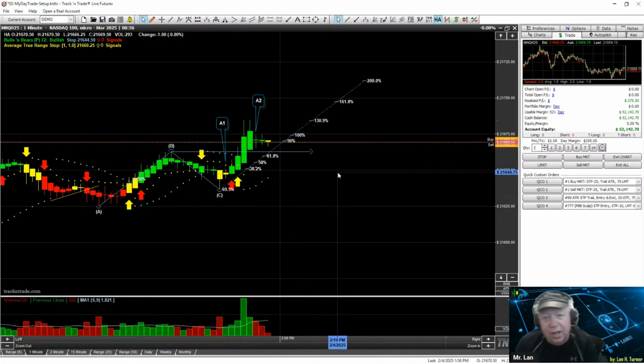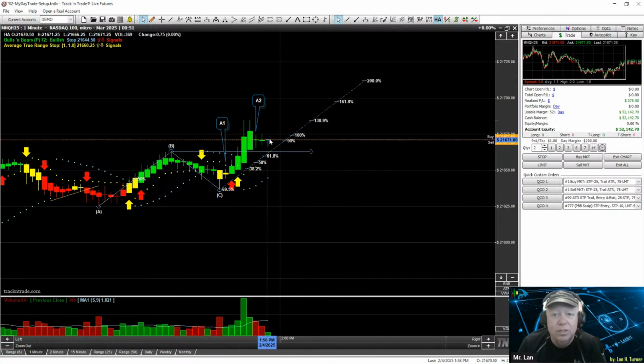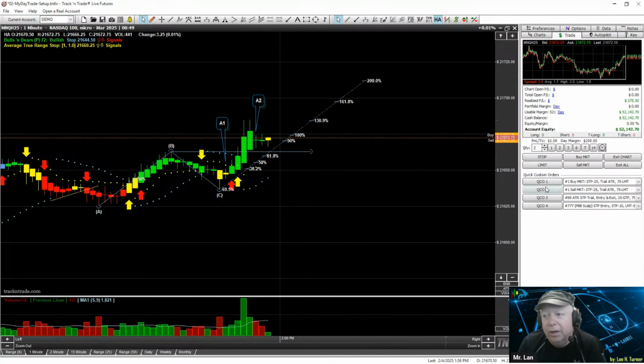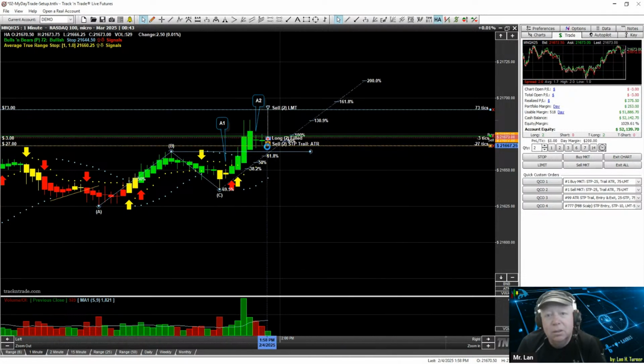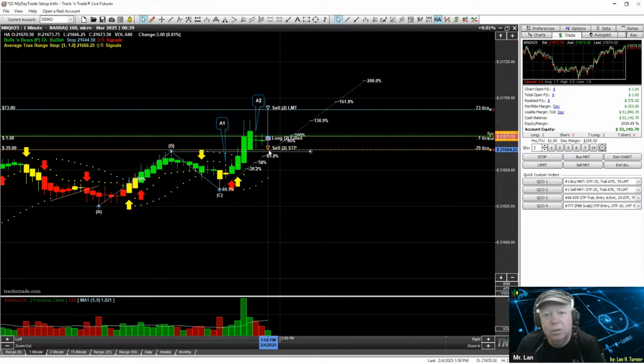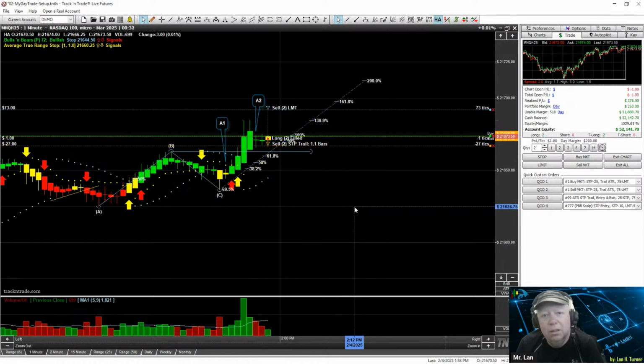A2 fail. It hasn't completely failed, because it's got to hit the blue light to actually fail. We just got stopped out on a little micro aggression here. We can put it back in. We'll drop this back in here and say same thing. We'll just say edit trail. We're going to trail that on price bars back. We'll just let it go and see if it wants to go one more time. We got stopped out, but this is with quantity too, so